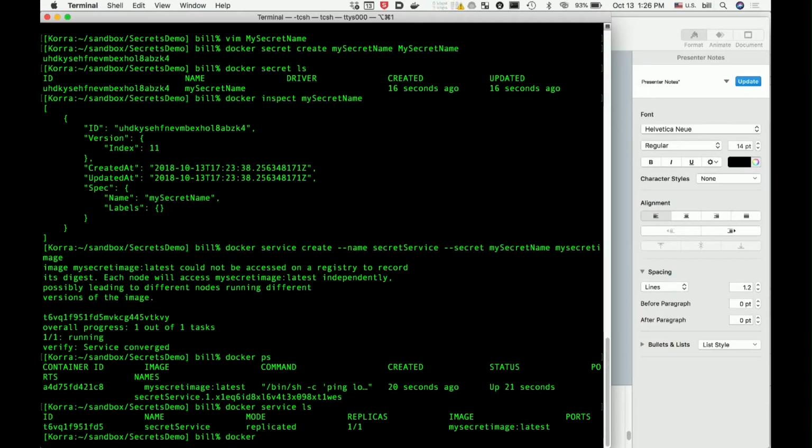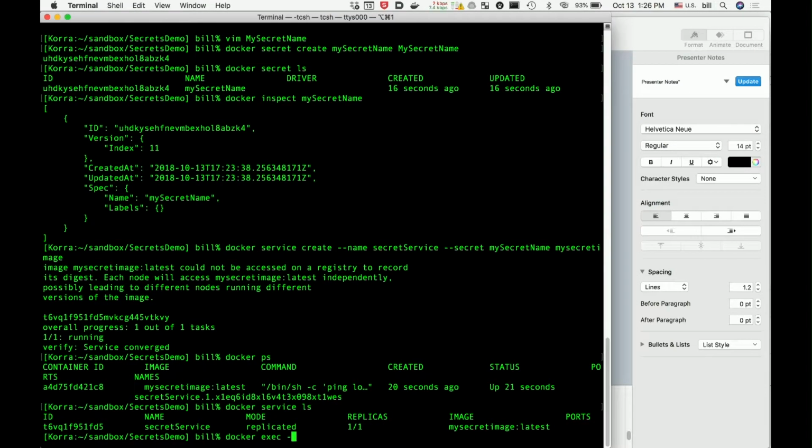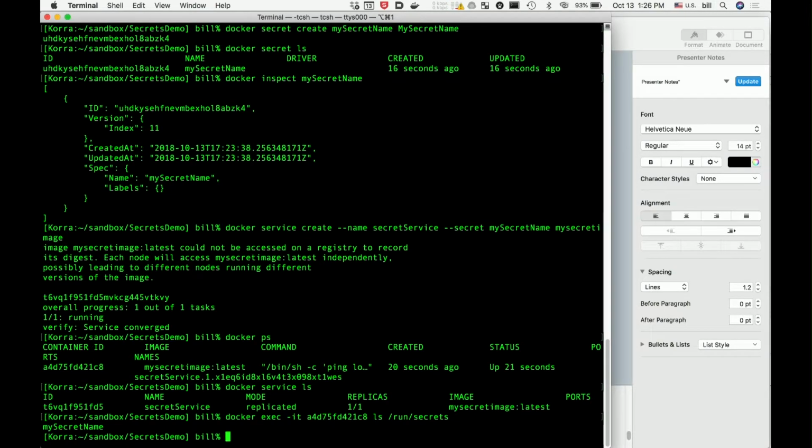So we're going to do an exec, if I recall correctly, -it, yeah, -it, the name of the container, and ls run secrets. Now you can see that the secret is there as we added it.